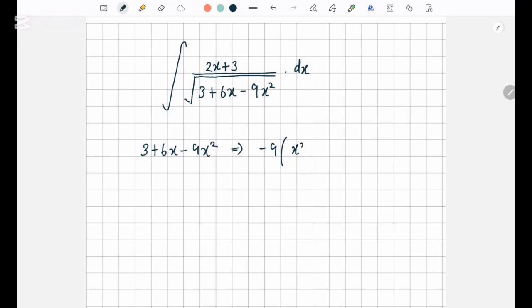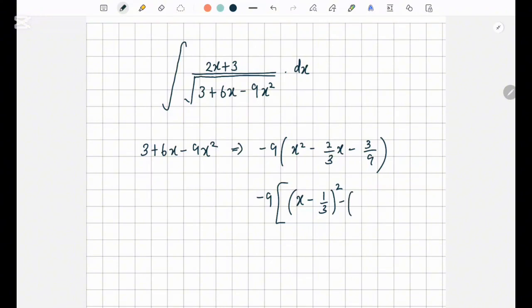Minus 9 into x squared minus 6 over 9 x minus 3 over 9, right? So now I'm going to rewrite this as 2 over 3, and let's just leave it as 3 over 9. Okay, so now when writing it in completing square format, you write minus 9, put a square bracket, and then you write x minus 2 over 3 divided by 2. So it's going to be 1 over 3 in brackets squared